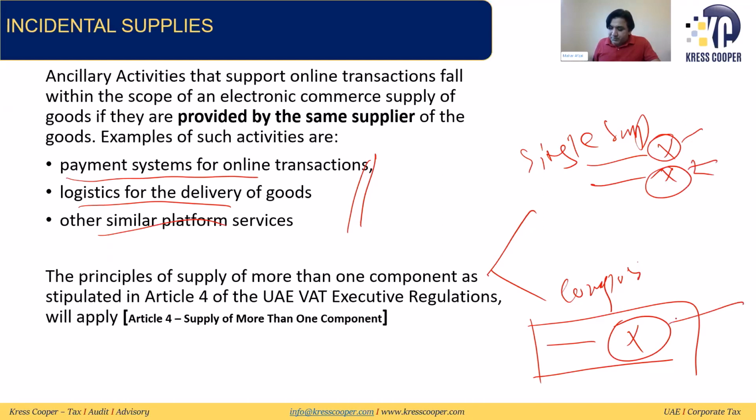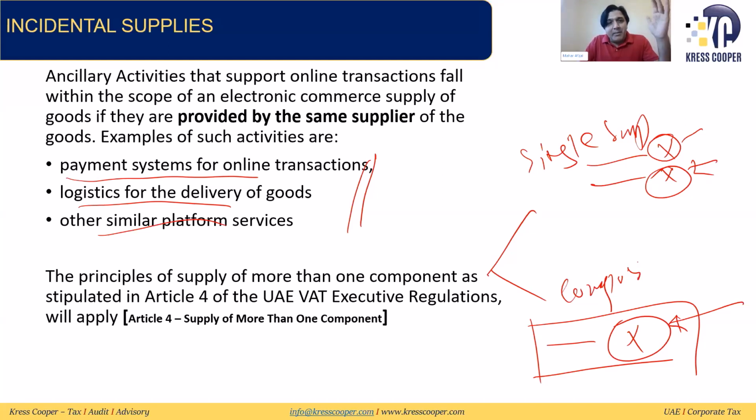For a composite supply, we need to apply the tax based upon the principal component of the supply. We all know what a single supply and a composite supply are, how it needs to be reported on the invoice, and how it needs to be reported in the return. Basically, if these incidental supplies are being supplied by the same supplier and they are not showing as a separate line item on the invoice,